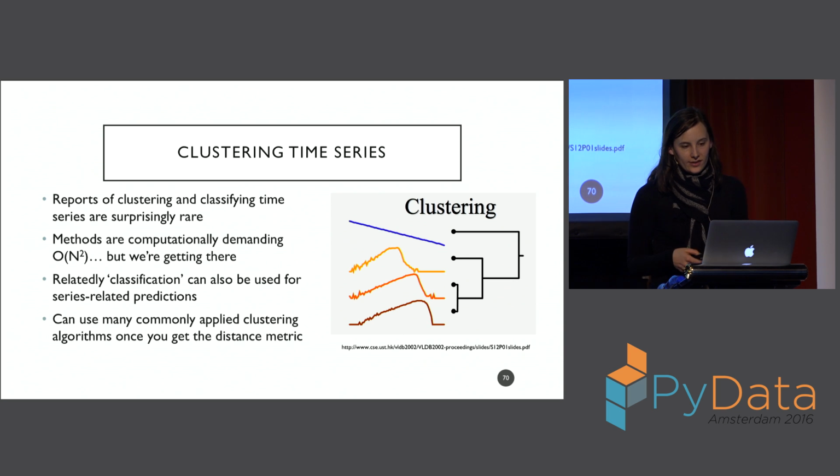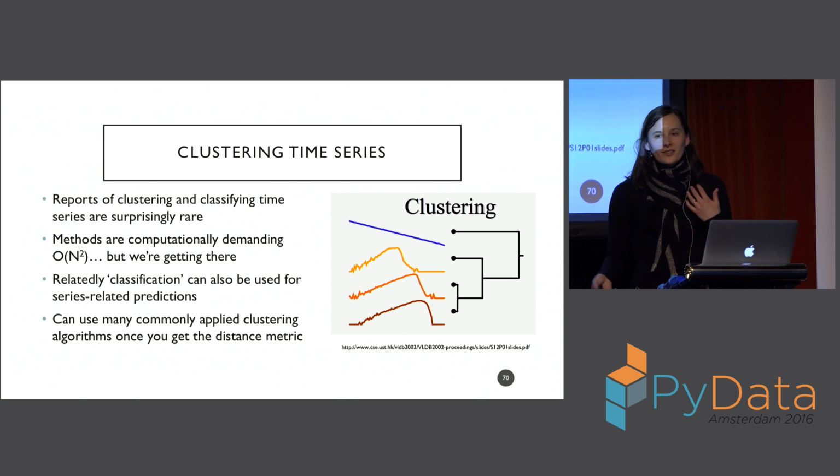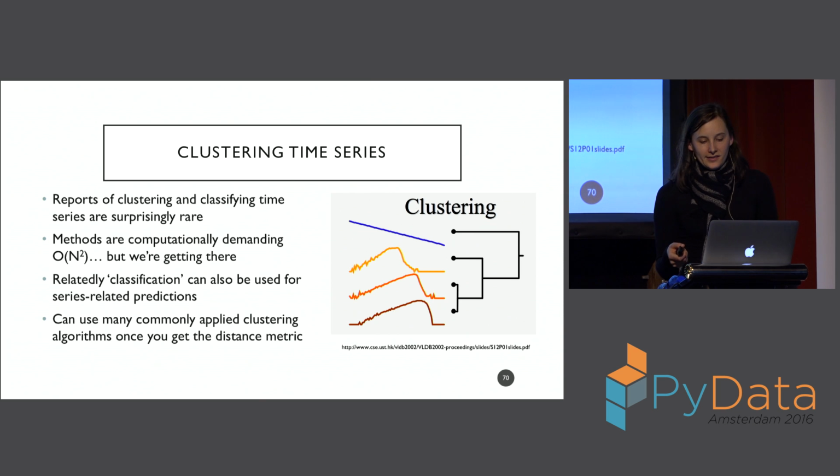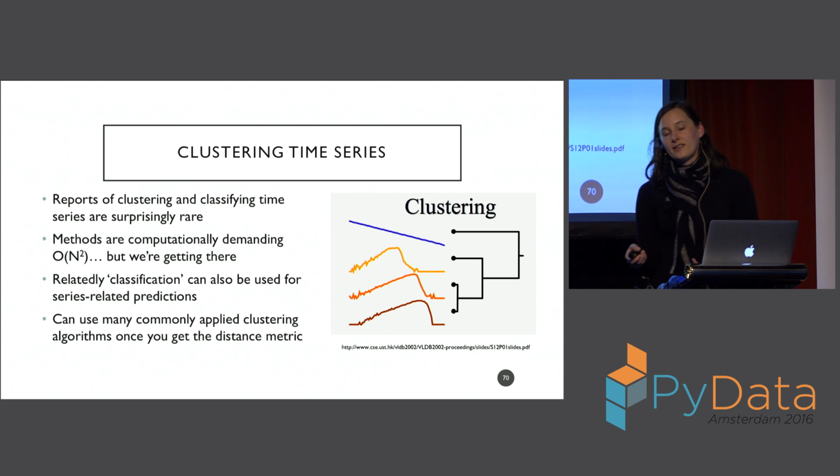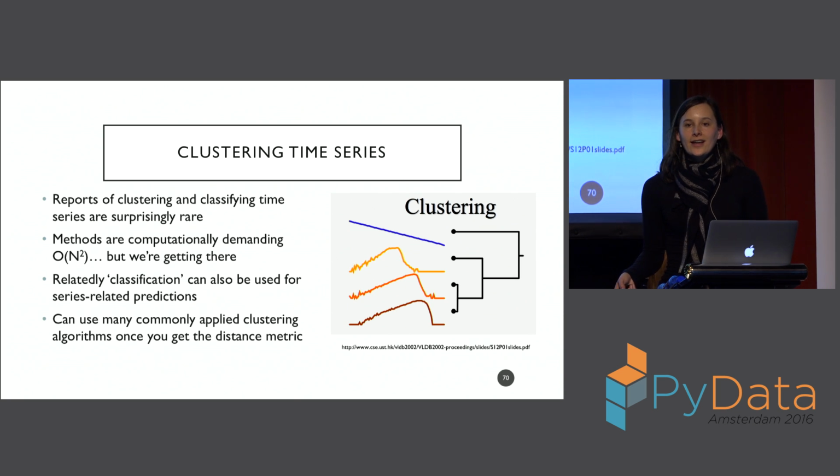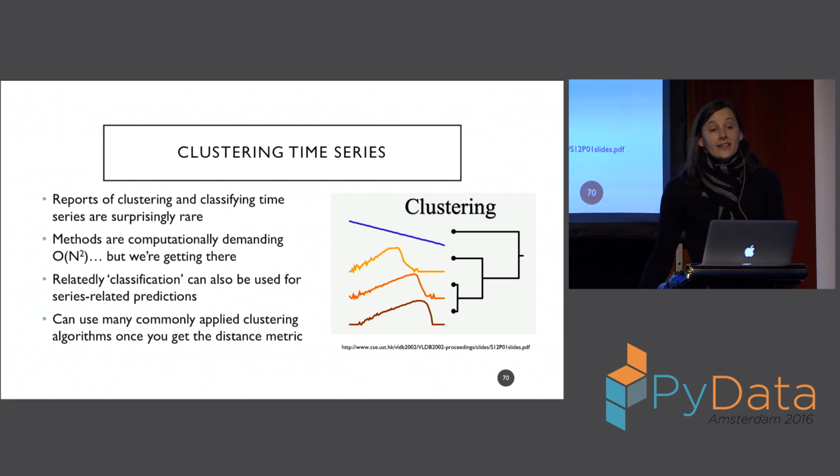One really cool thing that I'm sometimes puzzled we don't see more of is clustering time series. Like I was saying earlier, in my opinion, almost all data we have nowadays is really a time series, right? It's very rare to not have some kind of sequential data about a user, about an experiment, about whatever it is that you are measuring. So I would like to see more clustering and classification of time series, which is why I'm choosing this.